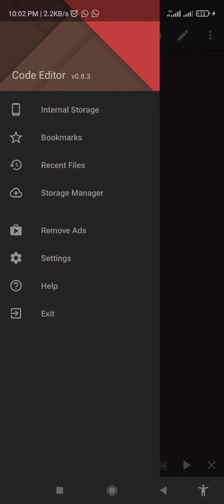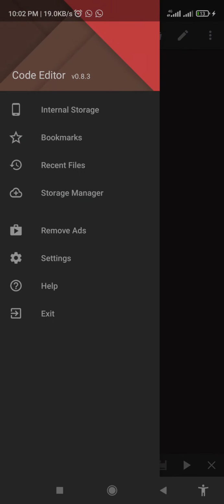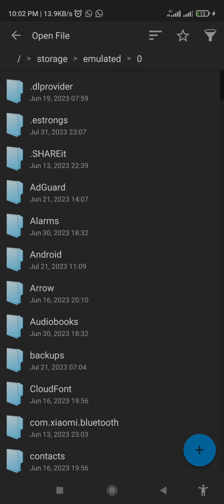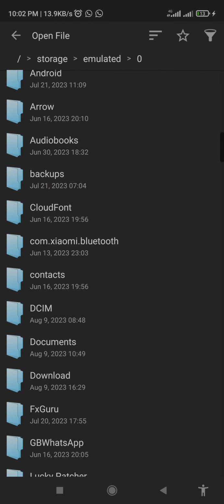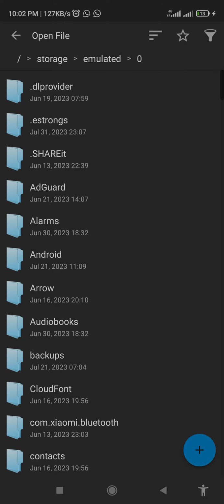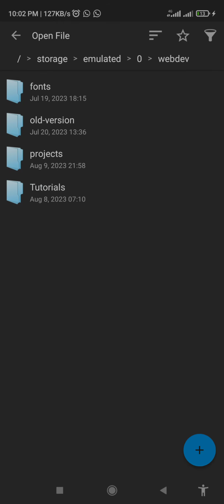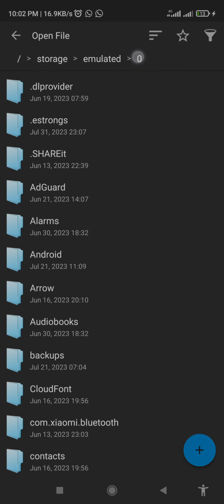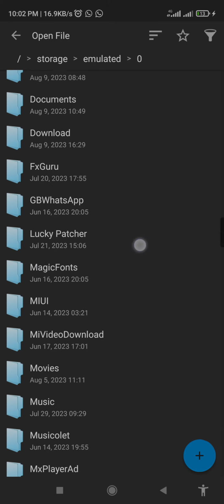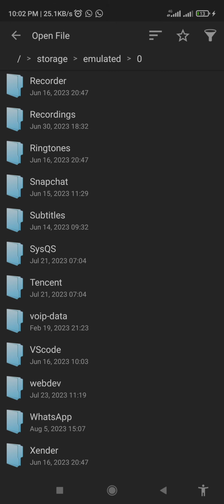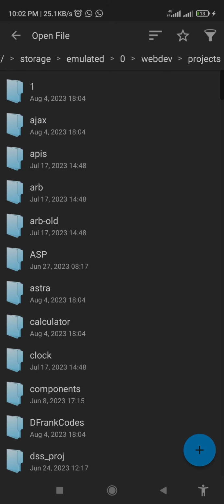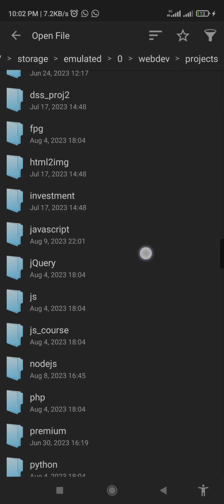dfc_js01.js. So I want to go ahead and explain the various features of this app called Code Editor. So there's the bookmarks. So how does a bookmark work? A bookmark is just simply going inside your internal storage, choose the folder you want. Maybe a bookmark is simply something you like or a favorite folder, or maybe something you use more often. So since we're going to be using the JavaScript folder more often, I'll click on enter